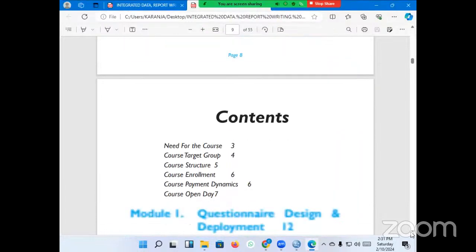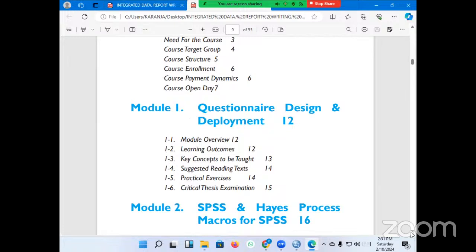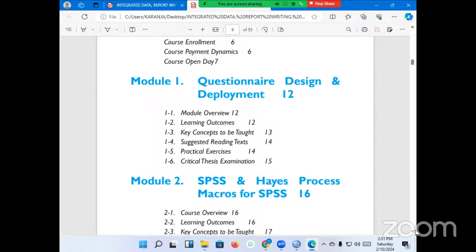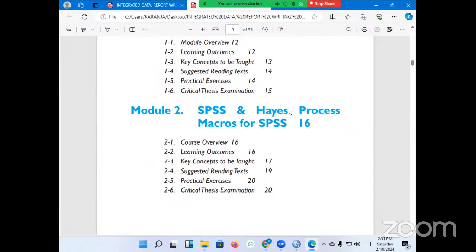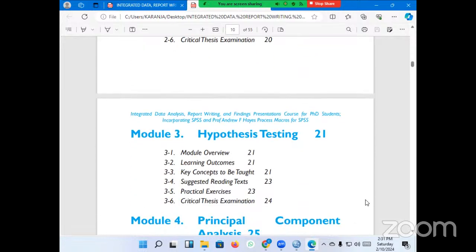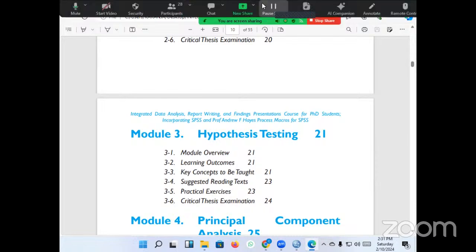So let's look at the modules that we shall be having. Right? So our module number one is being able to collect our data, so the questionnaire design and how to deploy. Then we shall move to SPSS and Hayes process macros for SPSS, which will become our module two. Then we need to learn about hypothesis testing, right? Whether we are talking about Fisher or we are talking about Neyman,